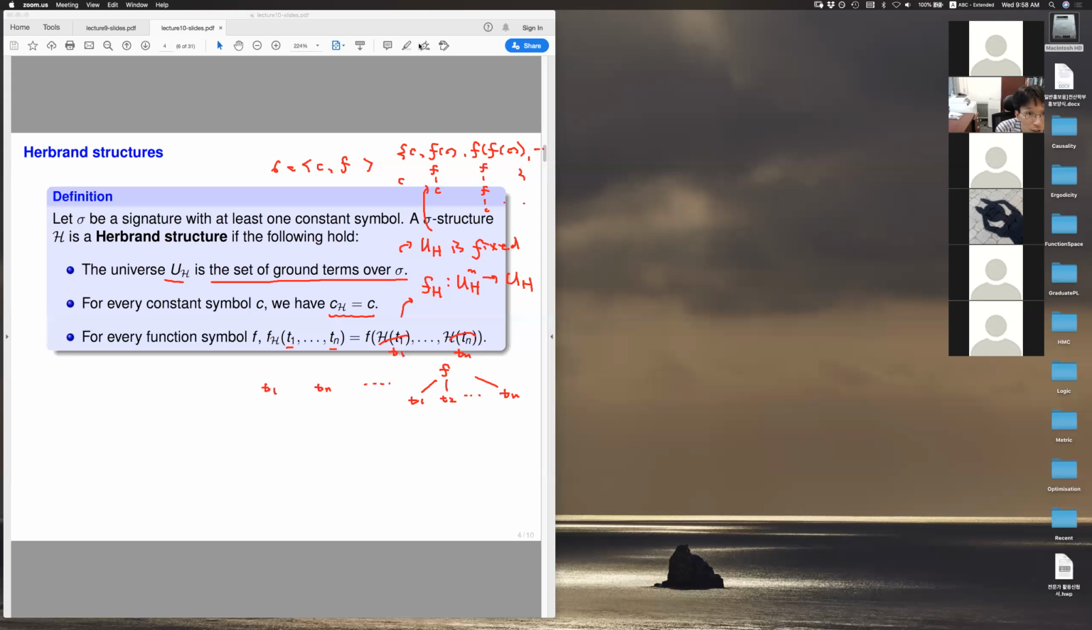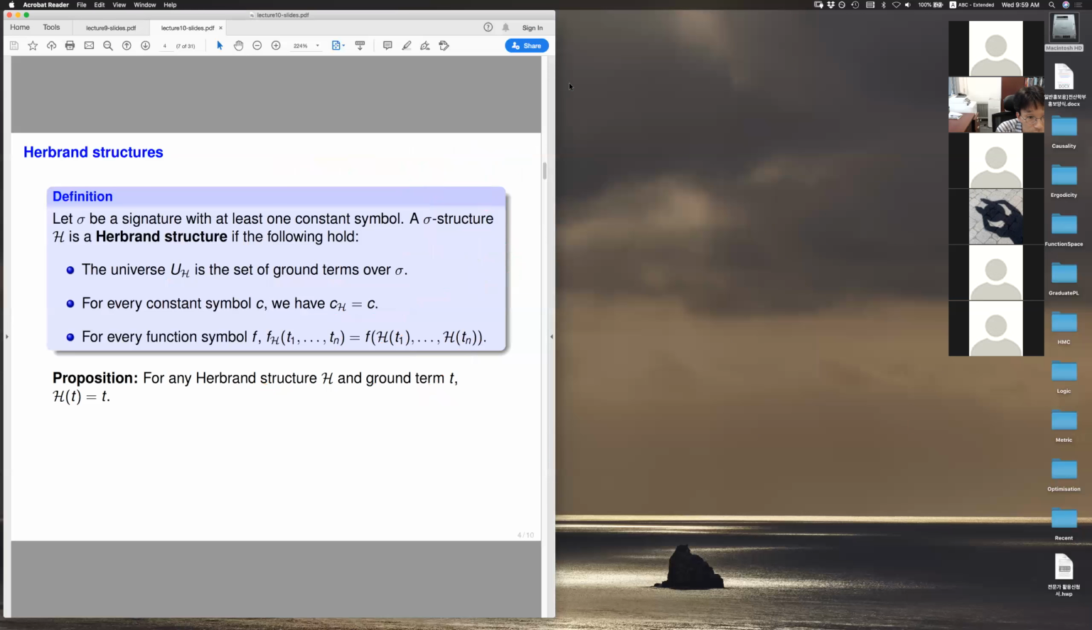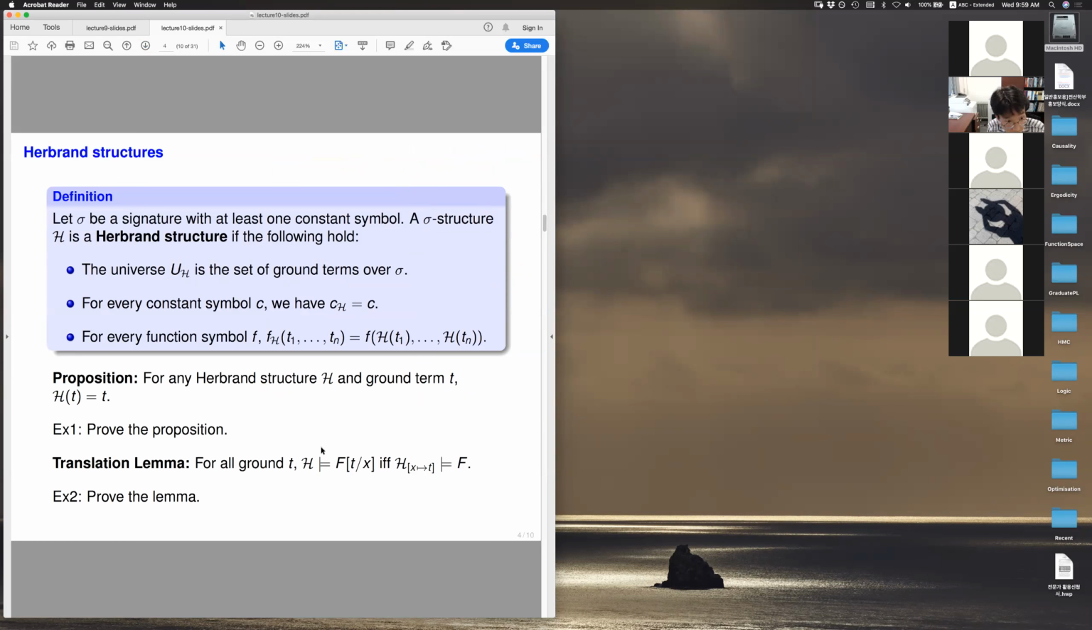Okay, so now there are a few things that we can prove in this case quite easily. So let me just show all the things. Try to solve these two exercises. The first exercise is that for any... okay, now before going to this, for this Herbrand structure, many things are